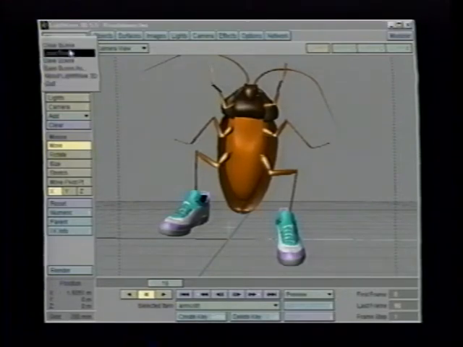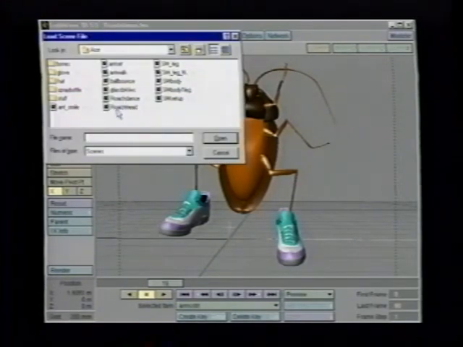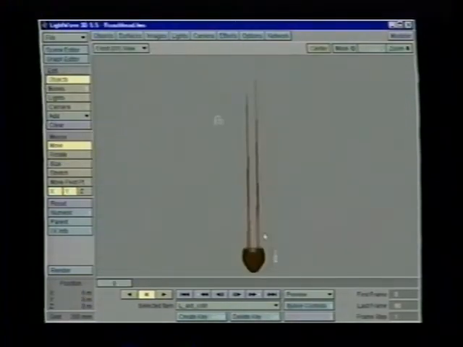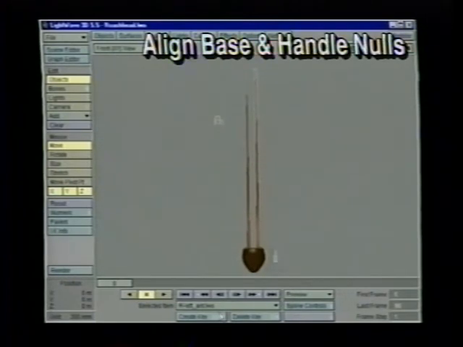I'm going to load a scene of just the cockroach's head. You can see that the antennas come in perfectly straight. This is how they're modeled. And each antenna is separate from the head, but they are parented to the head, of course. So that way when I move the head, the antennas move with it. I also have